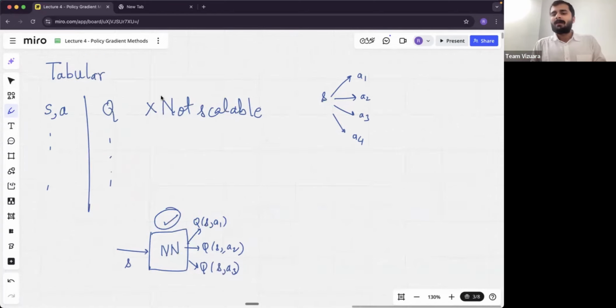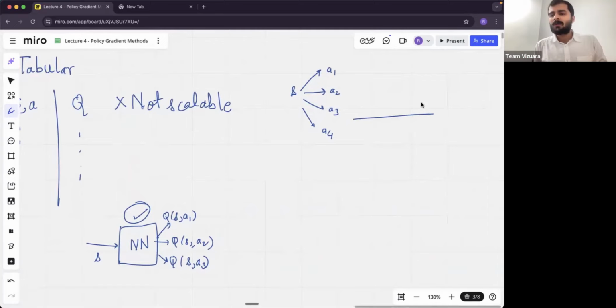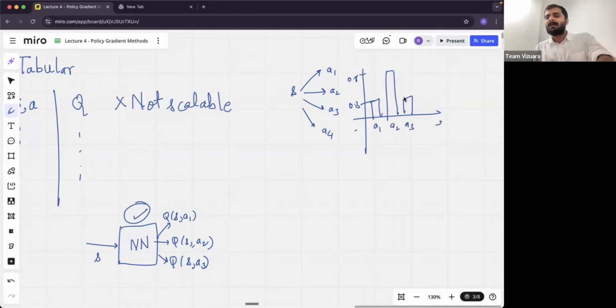Why can't I get a probability distribution for every state which looks something like this? Let's say I'm in a specific state and there are three possible actions, and the probability distribution looks like this. This is 0.3 and this is 0.8, let's say. And this is A1, A2, and A3. So I can clearly take action A2 for this specific state because the probability is the highest. Or rather, I take action A2 with a probability of 0.8, and then I take other actions with a less